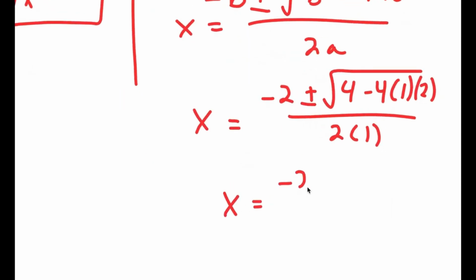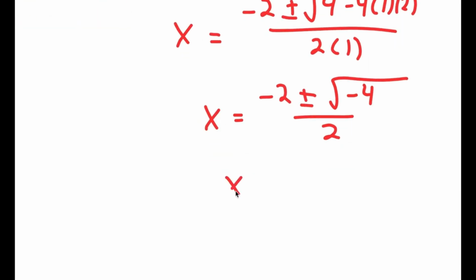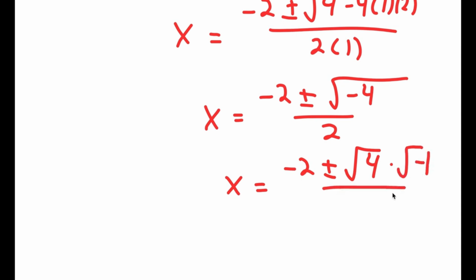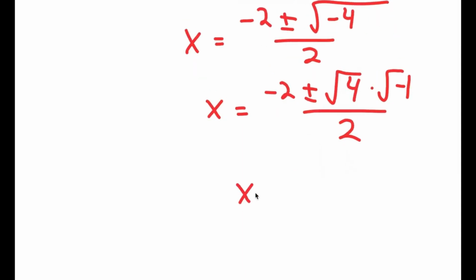And now this is equal to negative 2 plus or minus the square root of 4 minus negative 4, over 2, which is equal to negative 2 plus or minus the square root of 4 times negative 1 over 2, which is equal to negative 2 plus or minus